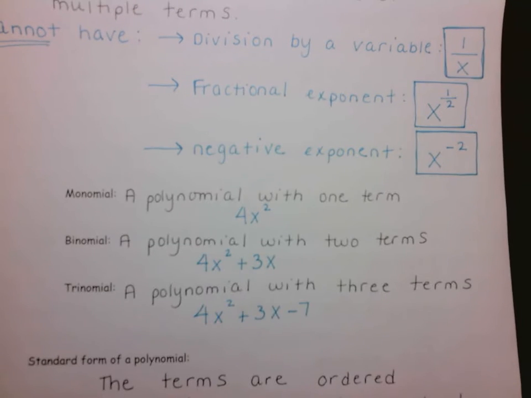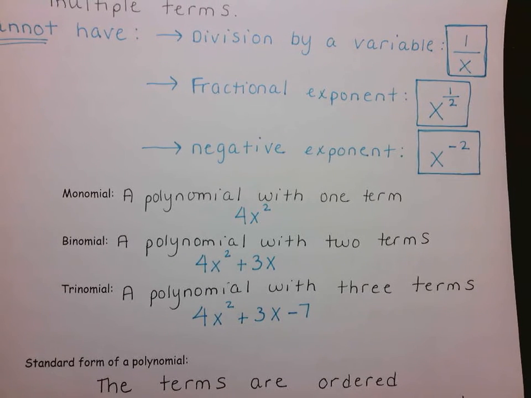In Algebra 1, we are going to be working with 3 different types of polynomials. A monomial is a polynomial with 1 term, a binomial is a polynomial with 2 terms, and a trinomial has 3 terms. Remember, a term is separated through addition or subtraction, and a polynomial can have more than 3 terms,